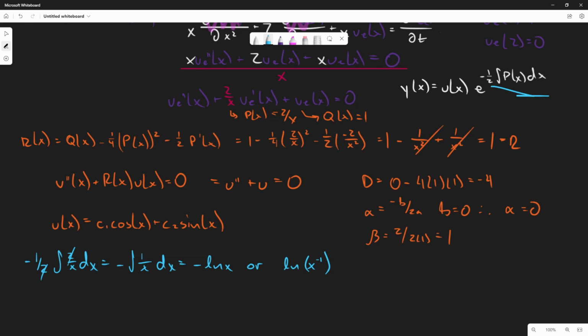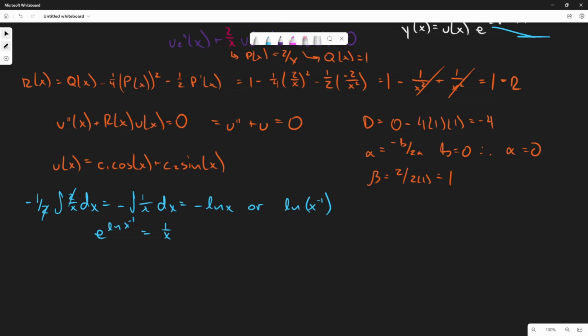And then when we substitute it in, we will get e to the natural log of x to the negative 1, or the e and the natural log cancel out, leaving us with 1 over x, giving us our time-independent solution, u e of x, being equal to c1 cosine of x plus c2 sine of x, all multiplied by 1 over x. And so that is our time-independent solution, but we are not done, because we have the condition u of 1